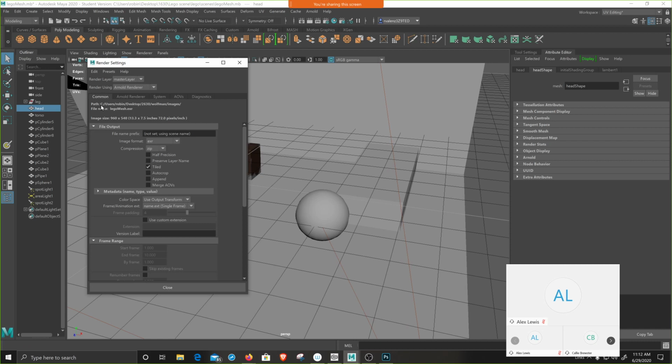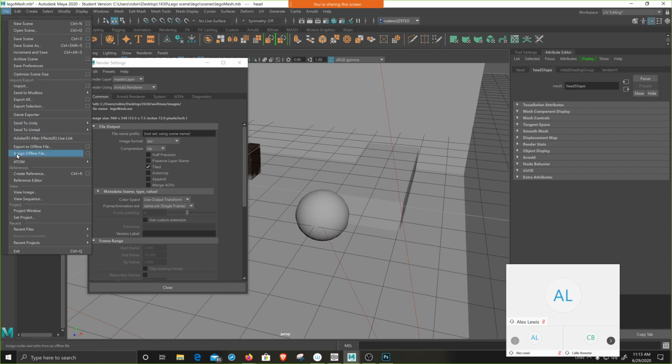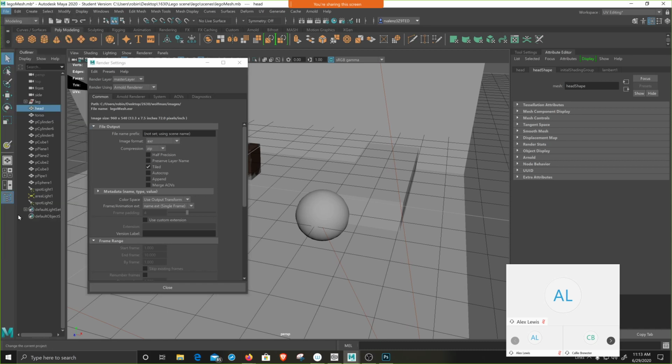The first thing it's going to show me is where are those images going to. So it has the wrong path here, so I need to change that. So if you remember from the beginning of the semester, you had to always set up a project. I didn't set up a project for this scene, so I'm going to do it now. I'm going to go to File, Set Project,